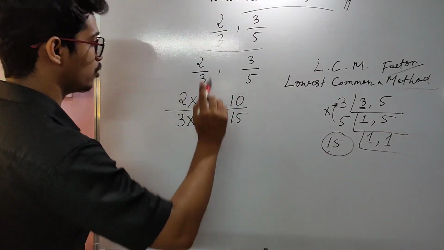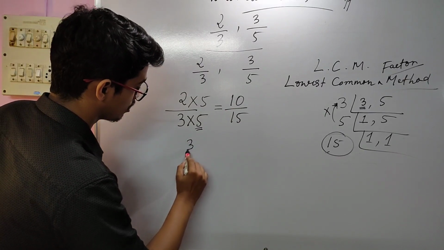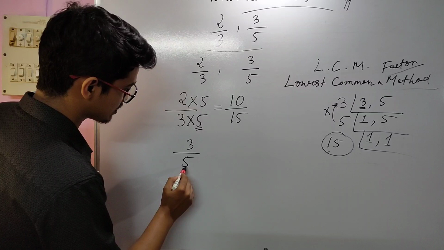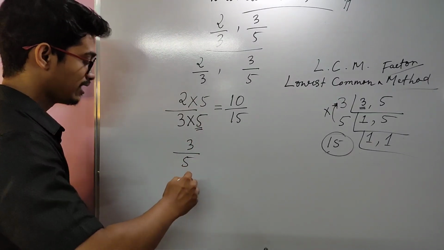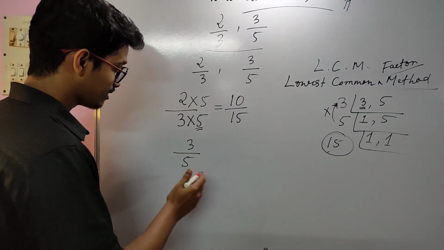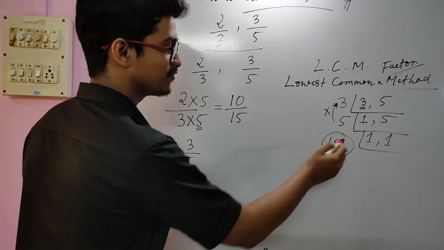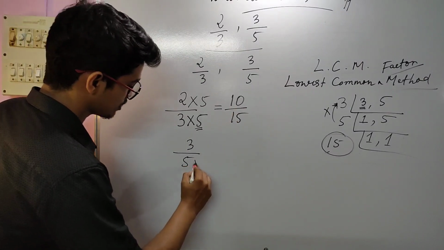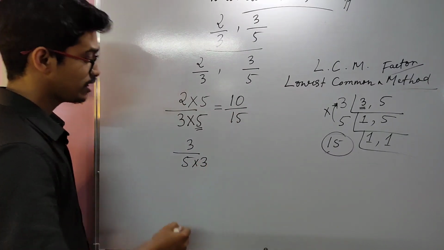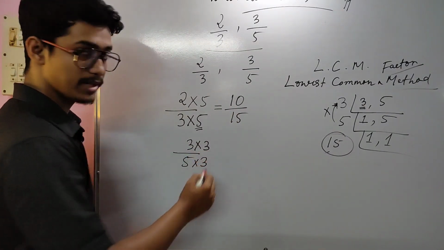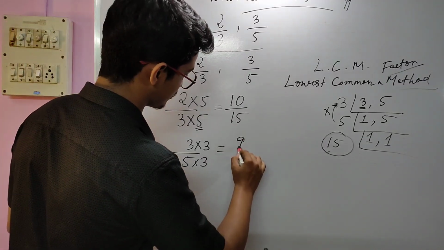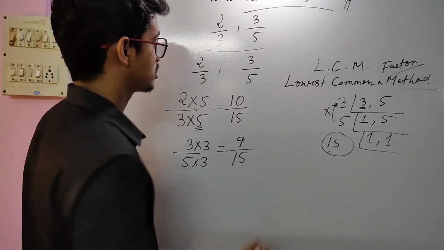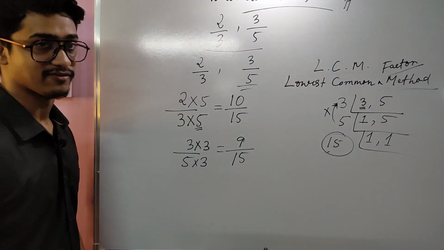Now we have to convert one more proper fraction into an equivalent fraction. So 5 is there. We have to multiply it with the number so that the result will be 15, right? That is our motive. So 5 into what gives you 15? We know that 3 is the number. So the same process will repeat once again. What is the net result? 9 by 15. So 9 by 15 is the equivalent fraction of 3 by 5.